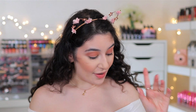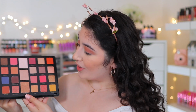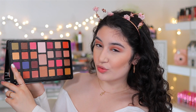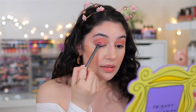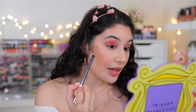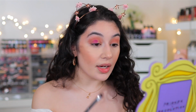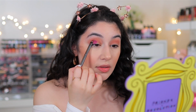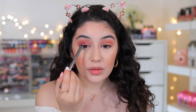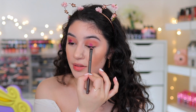So this is what we have, and I'm going to dive into the big palette. So let's see what to go in with. I think I want to take a little bit of Emily. This purple is really calling my name. This is so pigmented. I did not expect that. And it has some glitter as well. So I'm just going to pack this on the outer portion of my lid and just leave the inner lid